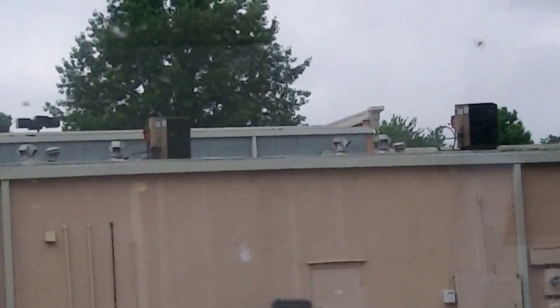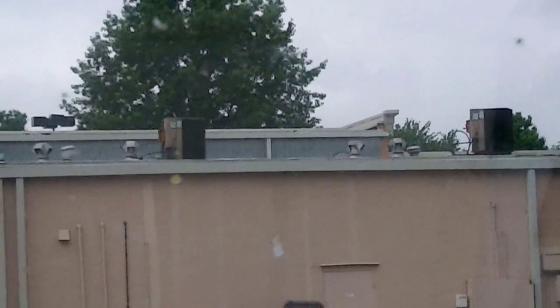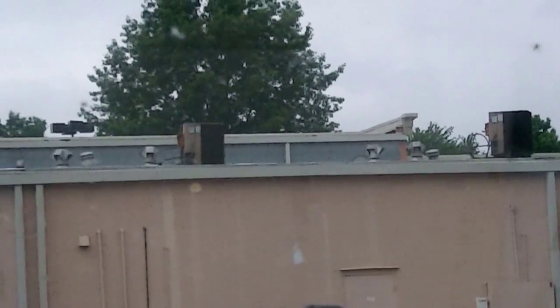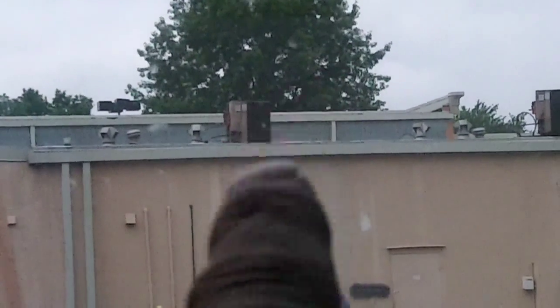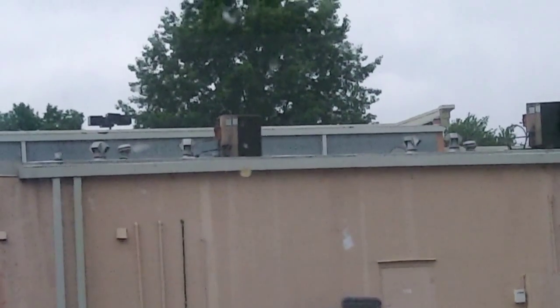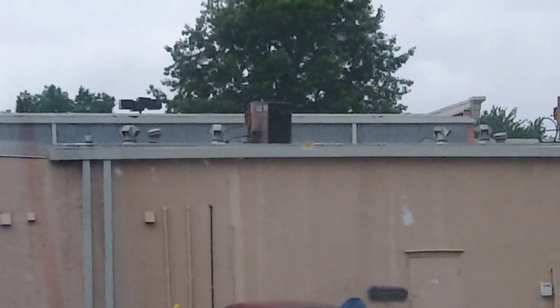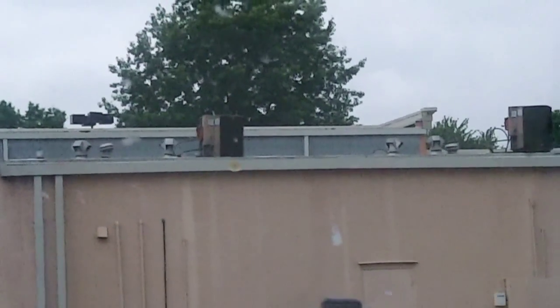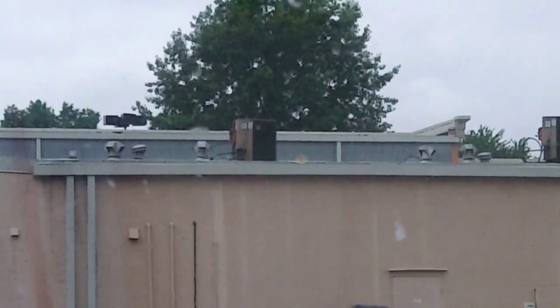What you're looking at is two 5-ton 3-phase 28-year-old Lennox units. Believe it or not, the one on the left, that one right there, I changed the compressor in last year on a Sunday by myself. Towed the compressor up the ladder